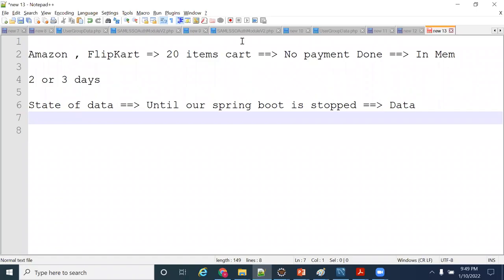Sir, one question here, sir. Like in real time, in Amazon or Flipkart, when will they start and stop the Spring Boot? By default, no one will start and stop, right? Once it started, can we stop really? Unless the maintenance phase is there, then only we'll stop it, right? Did you see Amazon stopped anytime? Did you see Flipkart stopped anytime?